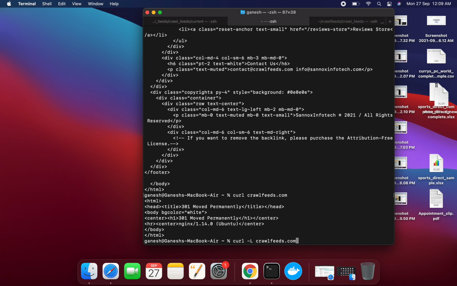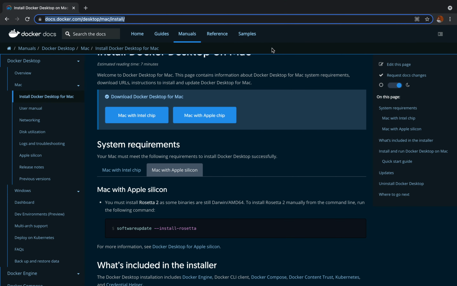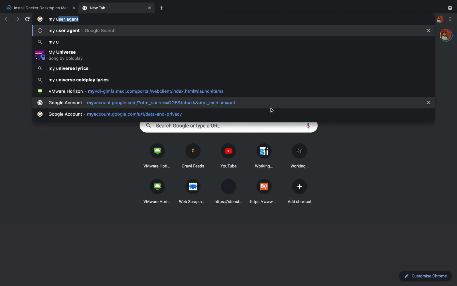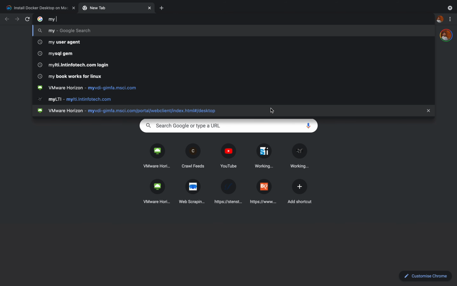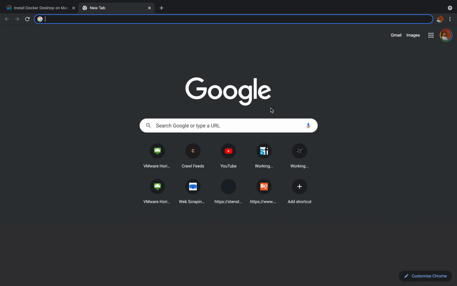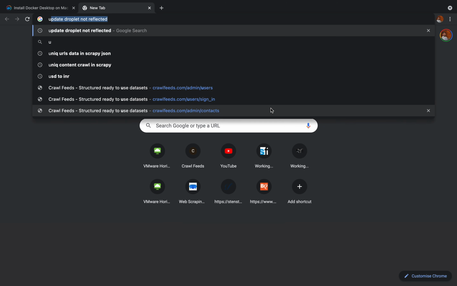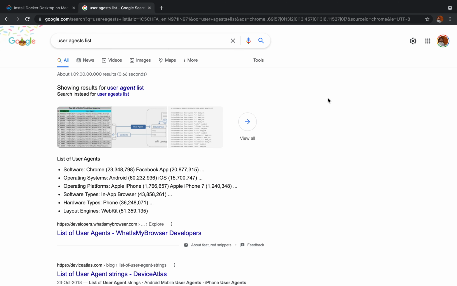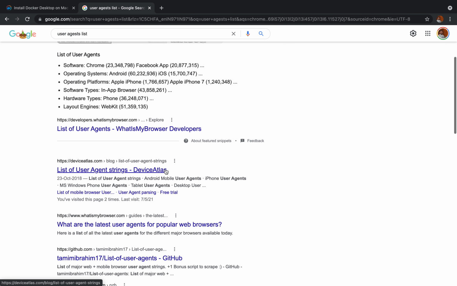And you can also change the user agent, right? If you want to find your user agent, you can type my user agent, but I want to change the user agent right now. So I'm typing user agents list, and I'll take any sample user agent.